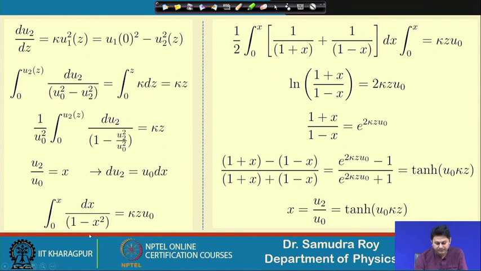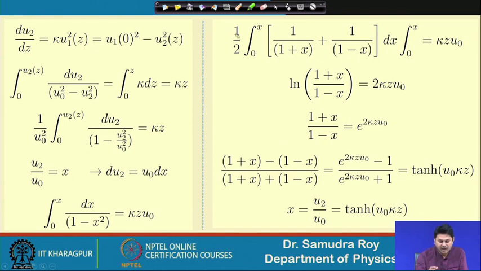1 minus x square. Now, this is a standard integration, and most of us can use the standard integration, but sometimes we find it difficult to remember it, so one can derive it directly. If I do this standard integration it becomes a log kind of thing, but you can directly put in the value, or you can use the standard procedure. If I use the standard procedure, then 1 divided by 1 minus x square can be represented by 1 by 1 plus x plus 1 by 1 minus x, which is some sort of factorization.